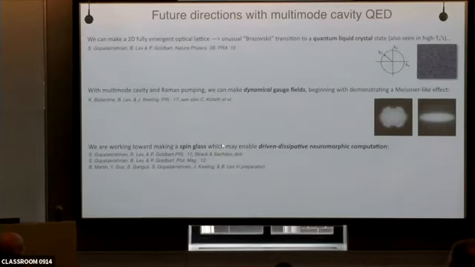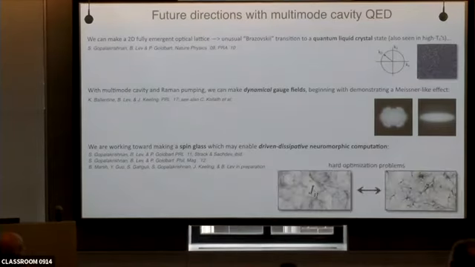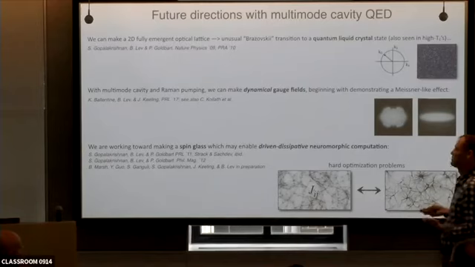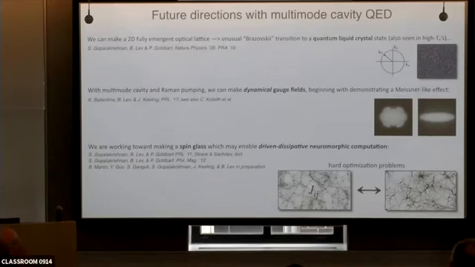But then, of course, this also enables neuromorphic computation, where this J_ij matrix can embed hard optimization problems, and we can then exploit the driven dissipative nature of the cavity system to help us organize into the optimal state in a way that it may be better than traditional annealing, quantum annealing, and those techniques. So that's a very exciting direction.